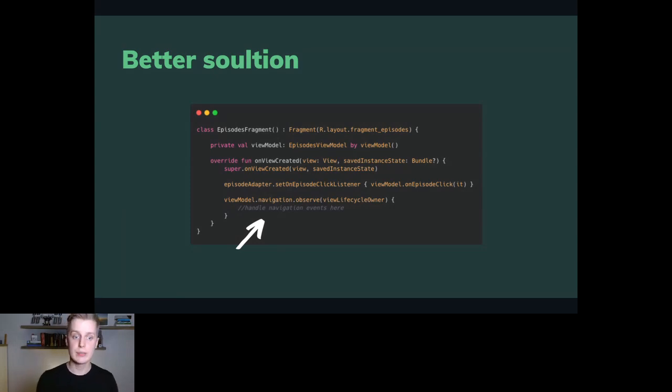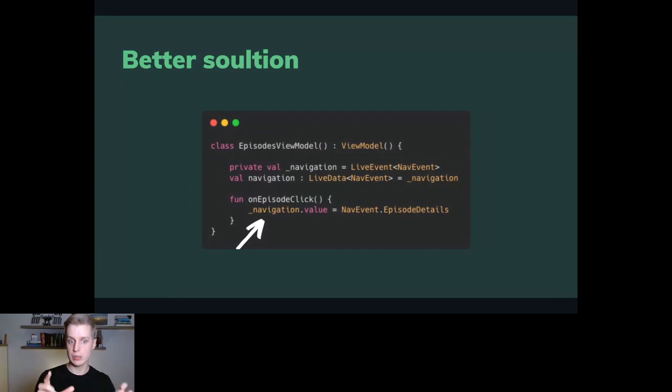And we can observe that, we can use a live event for this, or a channel, or whatever tool you like, and then simply navigate to the screen that we want to display.